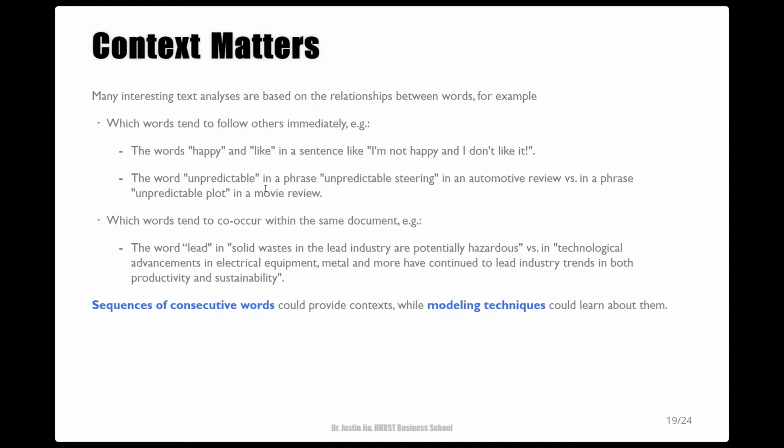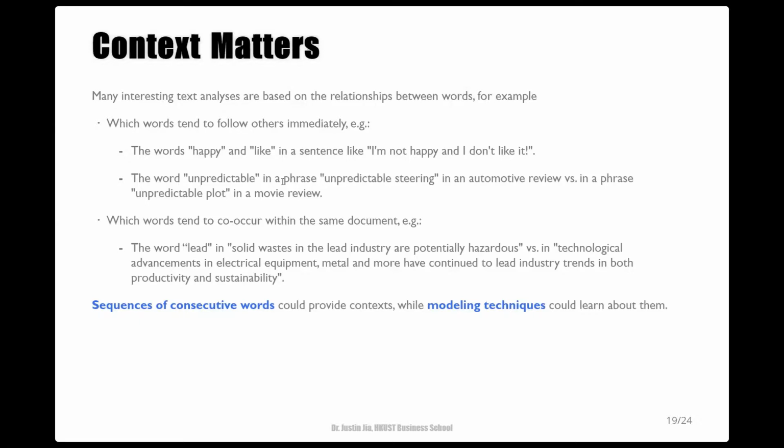More subtly, the adjective unpredictable may have a negative orientation in an automotive review, in a phrase such as unpredictable steering, but it could have a positive orientation in a movie review, in a phrase such as unpredictable plot.